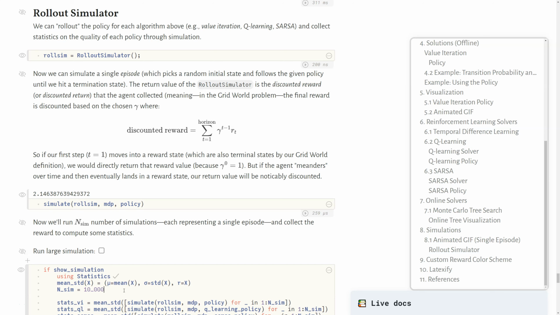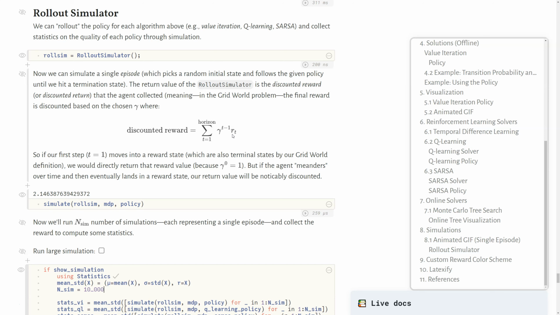So this rollout simulator will return the discounted reward, or sometimes called discounted return, that the agent collected, meaning in this particular grid world problem, the final reward is discounted based on the chosen gamma, where you can see here that that discounted reward is the sum of all time steps to the horizon, or the end of the problem, where we discount the given reward based on the time,